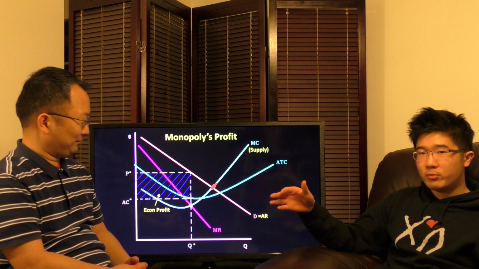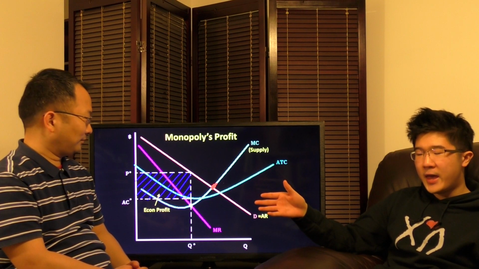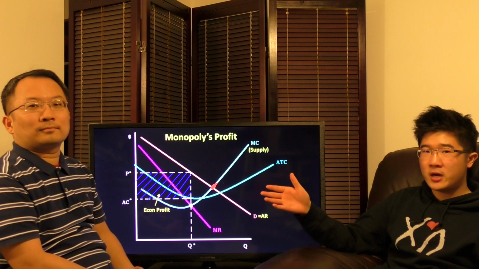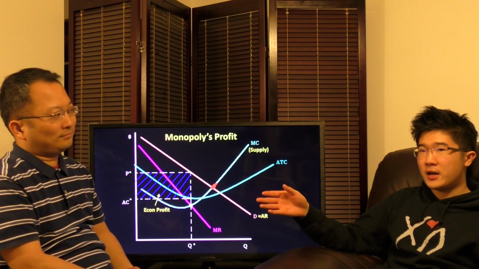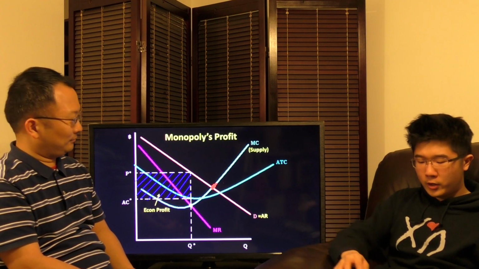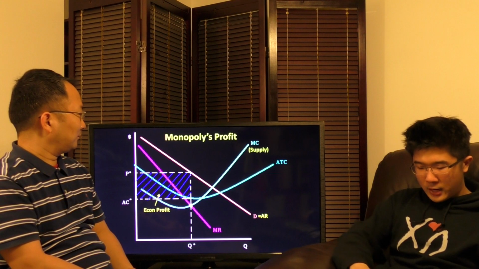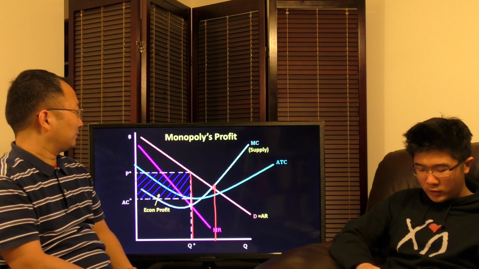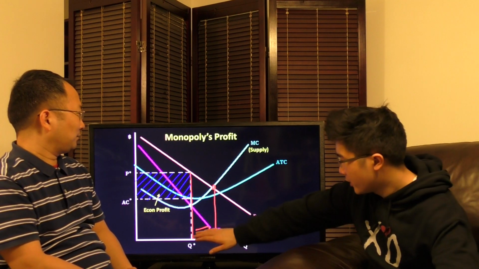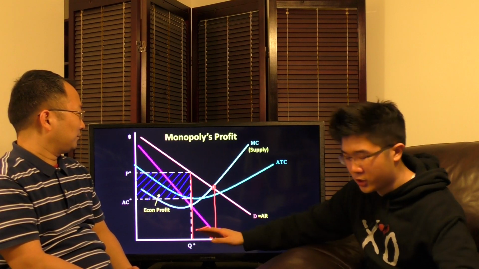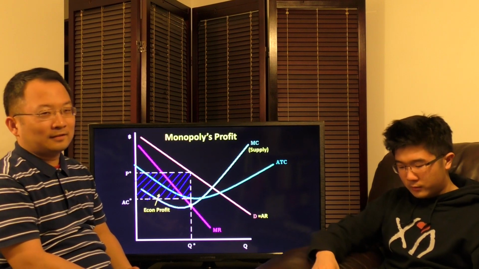Because they are a price maker, they can affect the price, and because they can affect or decrease price to their liking, that also affects, as a result, the overall quantity produced and sold in a market. And so in a perfectly competitive firm, we would produce at about this point, but in a monopoly we produce at about this point. So see here, this difference right here is our difference between a perfectly competitive industry and a monopoly industry in terms of production. Yeah, well, we're going to actually discuss that in the next episode anyway.